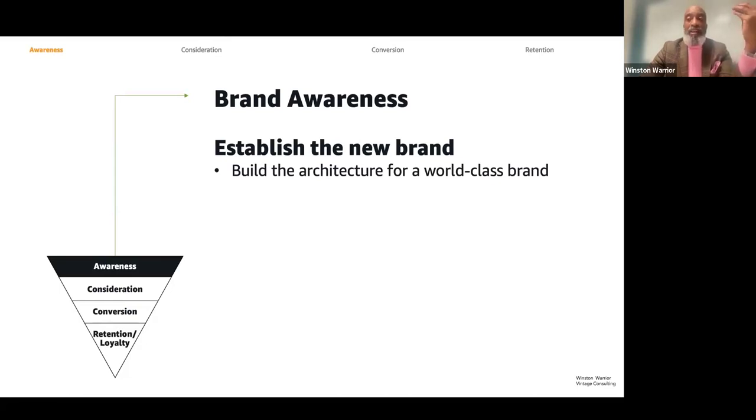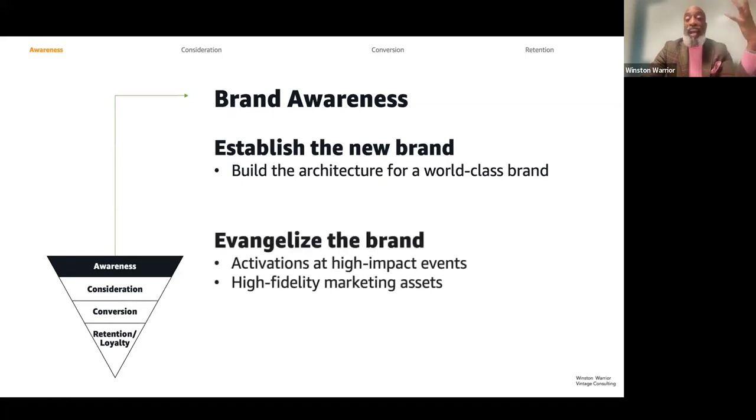Just think about some of the iconic brands that are out there. If I say Nike, immediately something comes to your head. If I say Starbucks, immediately something comes to your head. If I say the Kansas City Chiefs, immediately something comes to your head. Now, whether you were a 49ers fan or not, hey, I'm just using that as an example. Something comes to your head, and that's the idea of a brand. And then you want to have those people evangelize that brand, right? The more they talk about the brand, the more you're going to have people at that top of funnel. So remember, we want as many people to be aware of your product and service as possible.